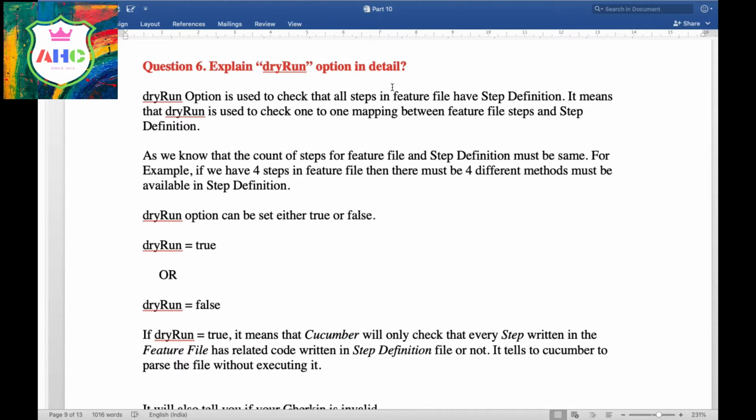Friends, the dry run option is used to check that all steps in the feature file have a step definition. It means that dry run is used to check the one-to-one mapping between feature file steps and step definitions. As you know, the count of steps in the feature file and step definition must be the same. For example, if we have 4 steps in the feature file, then there must be 4 different methods available